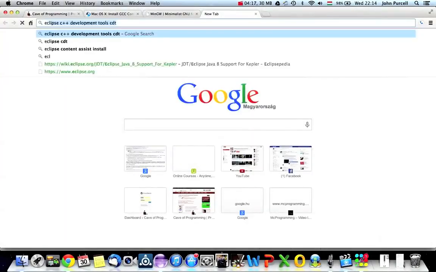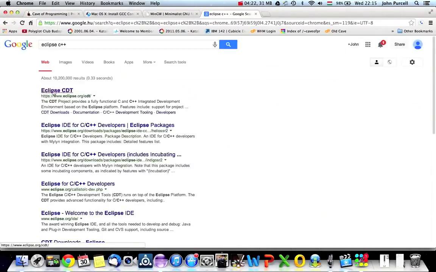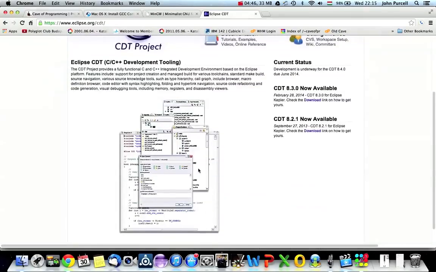So if you search for Eclipse C++, let's say, then you can find the Eclipse CDT, and that is a version of Eclipse for C++. Eclipse is a kind of generic development environment, and the specific version of Eclipse for C++ is called Eclipse CDT. So this is the second thing you need to install. So just download and install that. You might have to do some configuration after this to tell Eclipse where your compiler is. And if you do